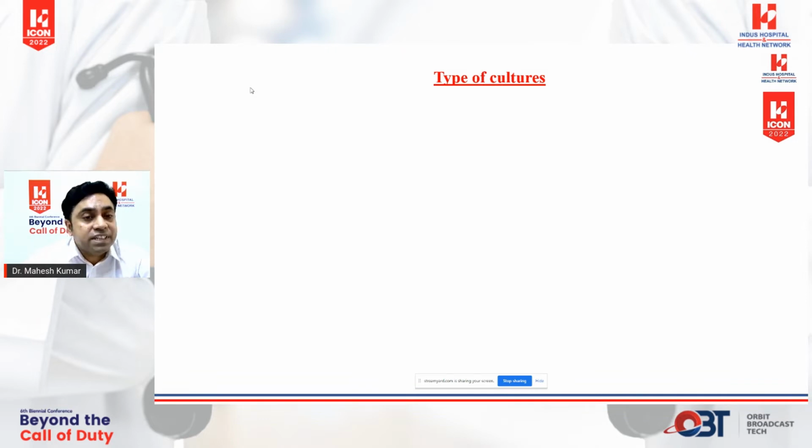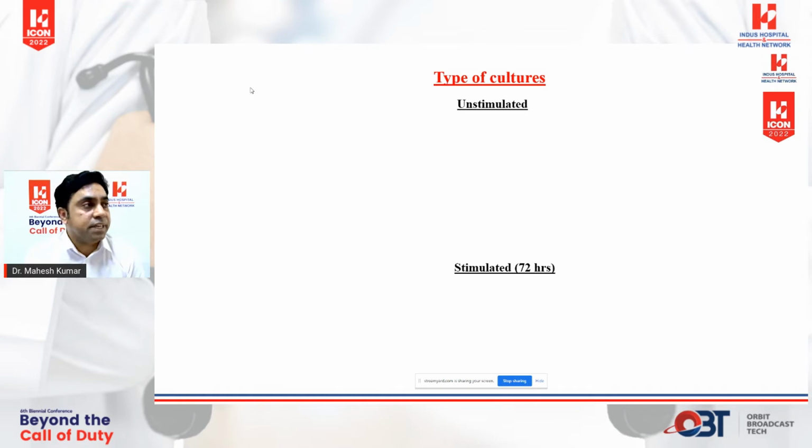And then the type of culture is very, very important, because there are unstimulated cultures and stimulated cultures. Unstimulated cultures are those in which we are not going to add the mitogens. So these are processed only with your complete media and sample. And stimulated cultures are those in which we are going to add the mitogens, and we have to give them a prolonged incubation period, at least 72 hours, because usually those are recommended for mature cell processes like B cell lymphoma, T cell lymphoma. Those are mature cells, which need to go back into their cycles. So that's how they take the time to go back into the cell division cycle, and that's why we have to provide them at least 72 hours for